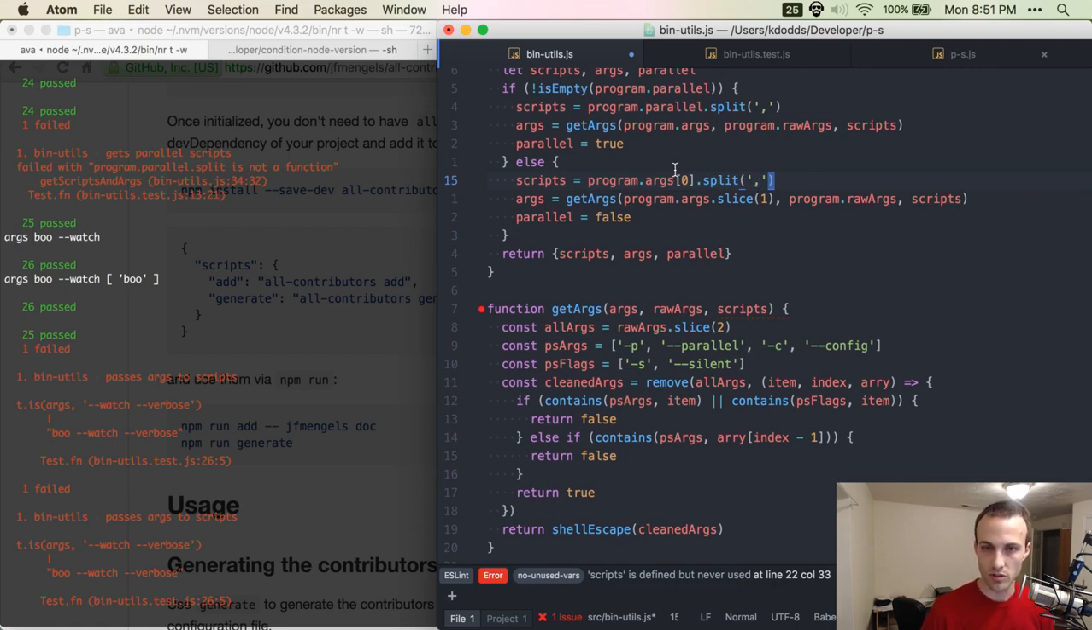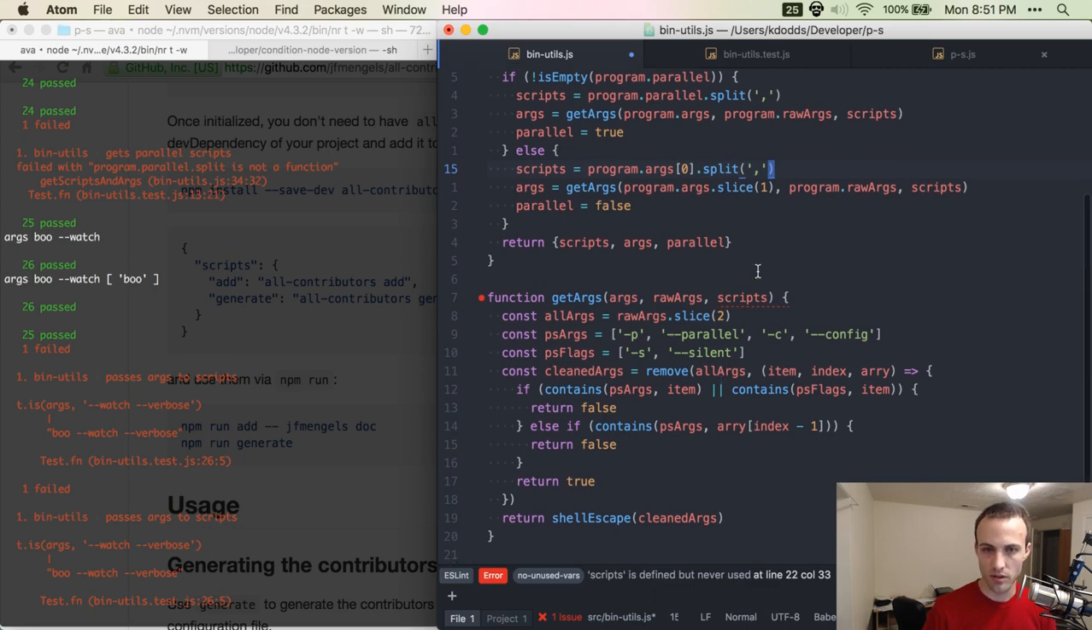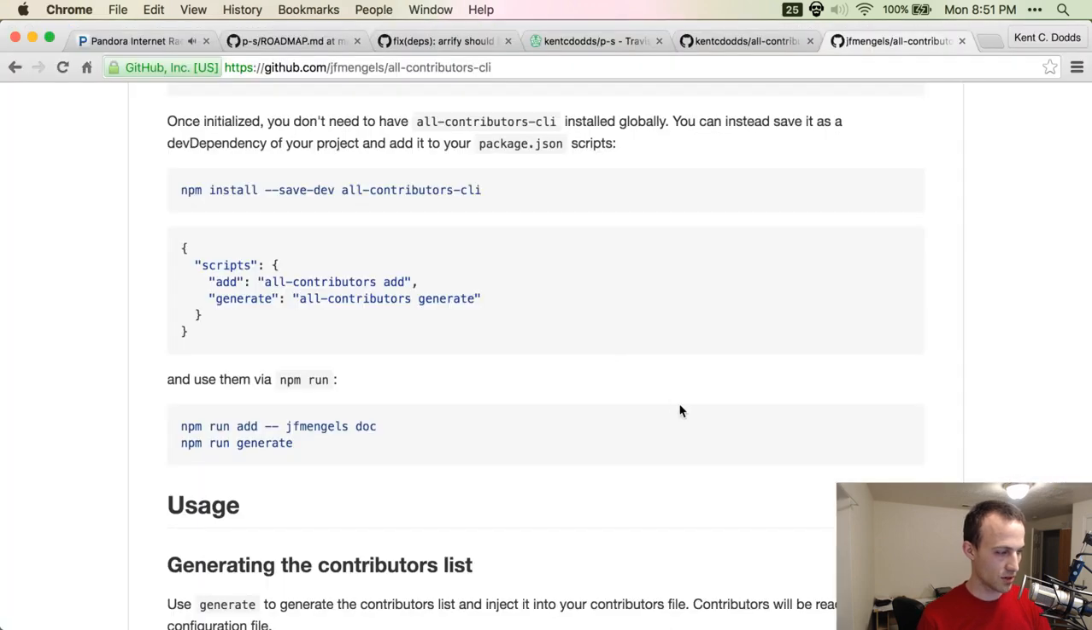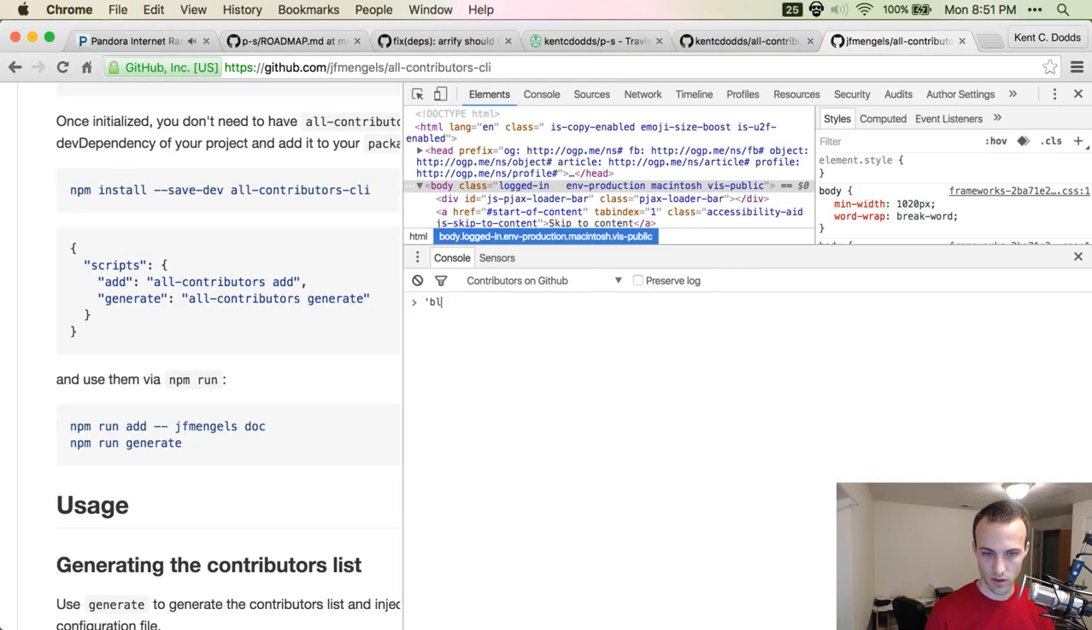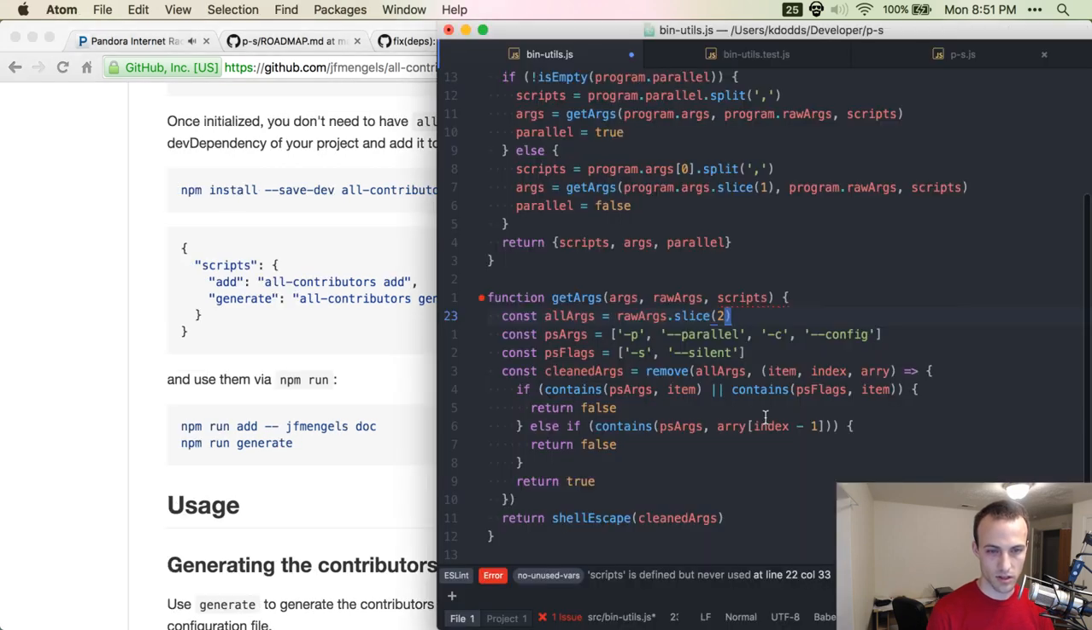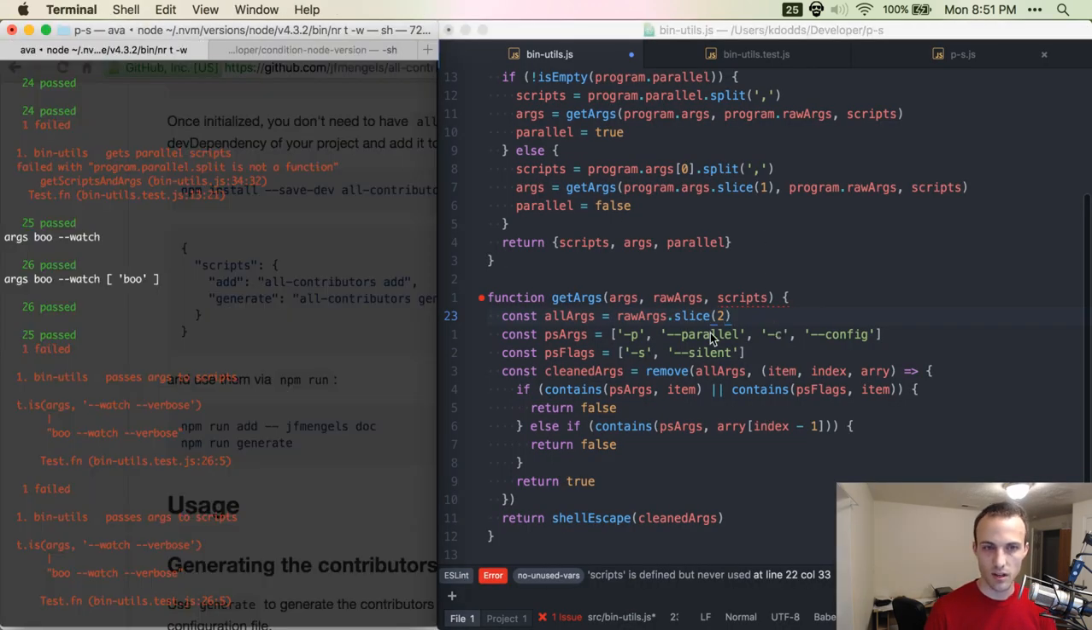not running out. So here we have our scripts. What do we do to a plain old split on that creates an array, right? Sweet. Cool. Okay, so